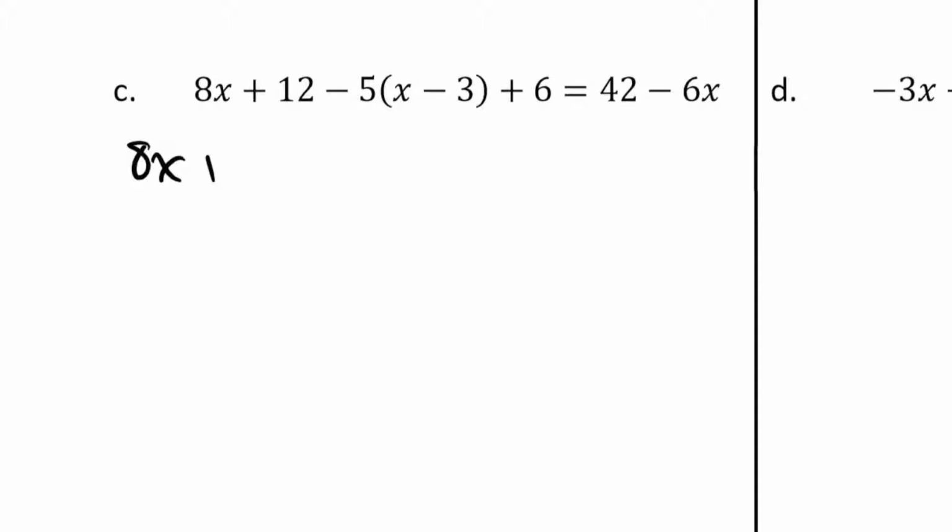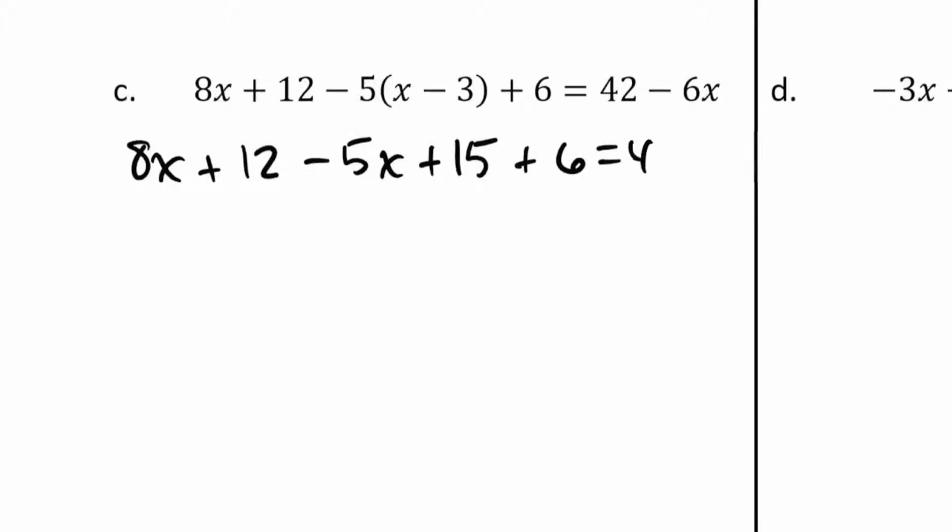So I've got 8x plus 12, and then minus 5x. And when I distribute the negative 5 with the 3, I get a plus 15. Then I've got a plus 6 equals 42, and then minus 6 times x. Let's see. I've got 8x and negative 5x, which is 3x, and I've got a 12 and 15, which is